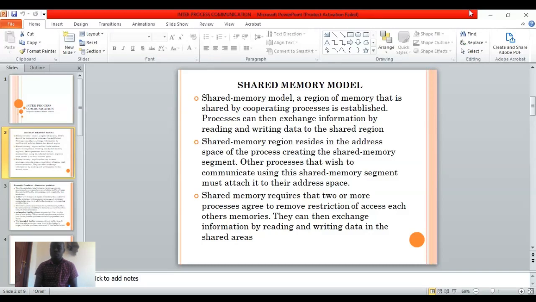There is one key caution when you're using the shared memory model. It requires the cooperating processes to remove all the restrictions that might be placed so that process A does not access process B's memory. That restriction must be removed in order to ensure that communication takes place. And an example of